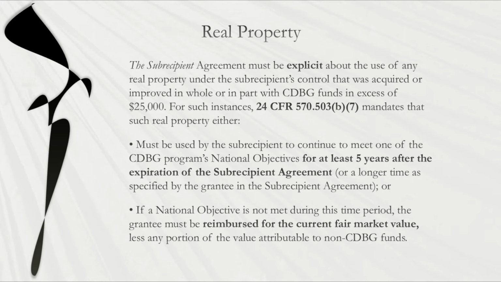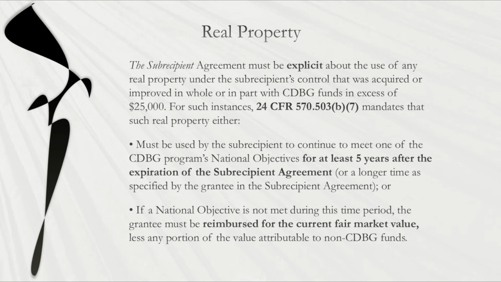Next, moving on to real property. The subrecipient agreement must be explicit about the use of any real property under the subrecipient's control that was acquired or improved in whole or in part with CDBG funds in excess of $25,000. For such instances, as referred to in 24 CFR